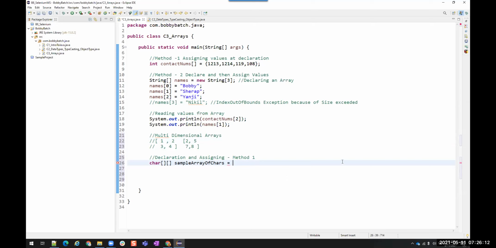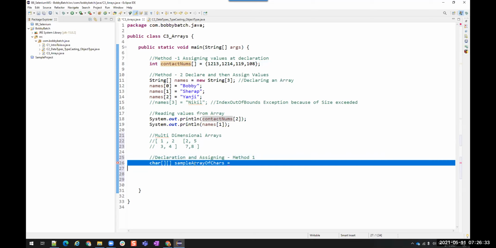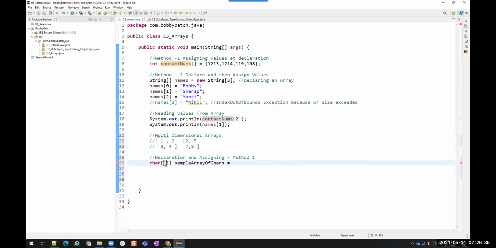Okay, let's continue. For a single dimensional array, to declare and assign values to that array variable, we use flower braces, right? In a similar way, if you want to assign values to a multi-dimensional array, I have two dimensions, but those two dimensions belong to the same array type, right?